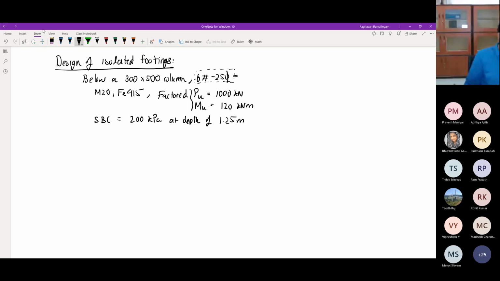this much. Basically it's telling you that the footing which you are going to design, you have to place it at least this much depth below the prepared ground, so that you can get at least this much SBC. This much SBC is available only at this much depth. If you put your footing above this 1.25 meter, you will not get this SBC. So we have to see how to perform this particular design.